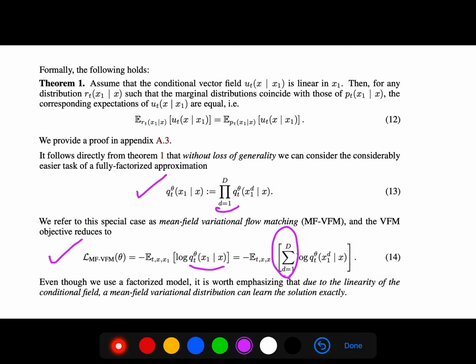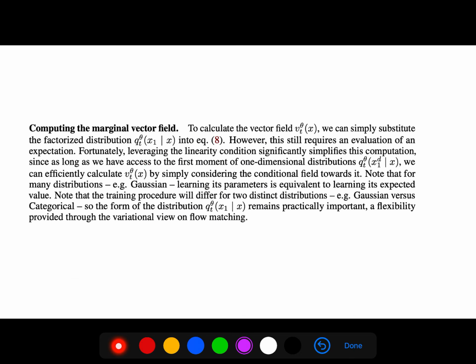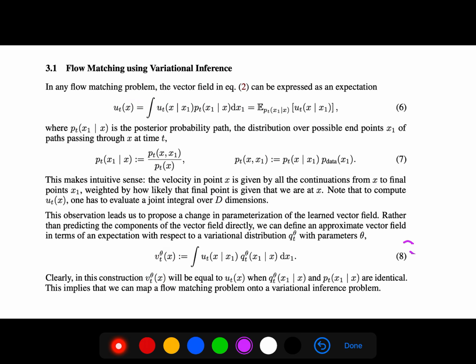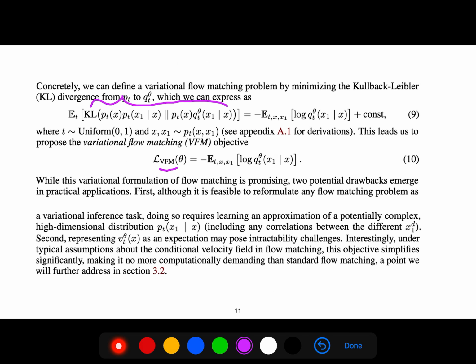And to calculate the vector field, we can simply substitute the factorized distribution into equation 8. If you put in the factorization of that,